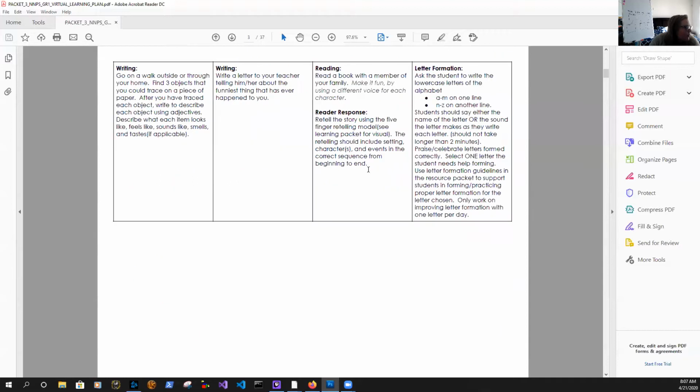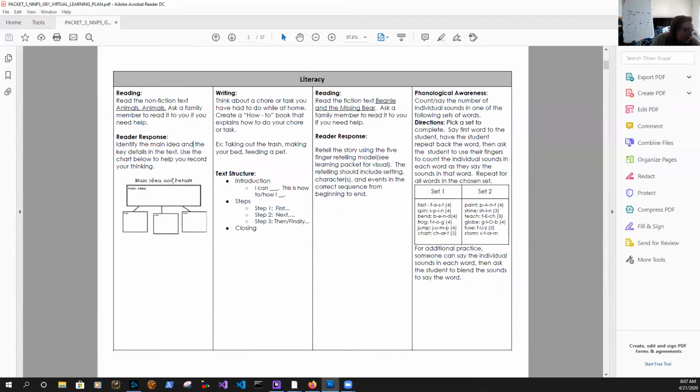So remember, when you are looking at this activity, after you've read Animals, Animals, you need to do a reader response, which is right here. It says, identify the main idea and the key details in the text. Use the chart below to help you record your thinking.